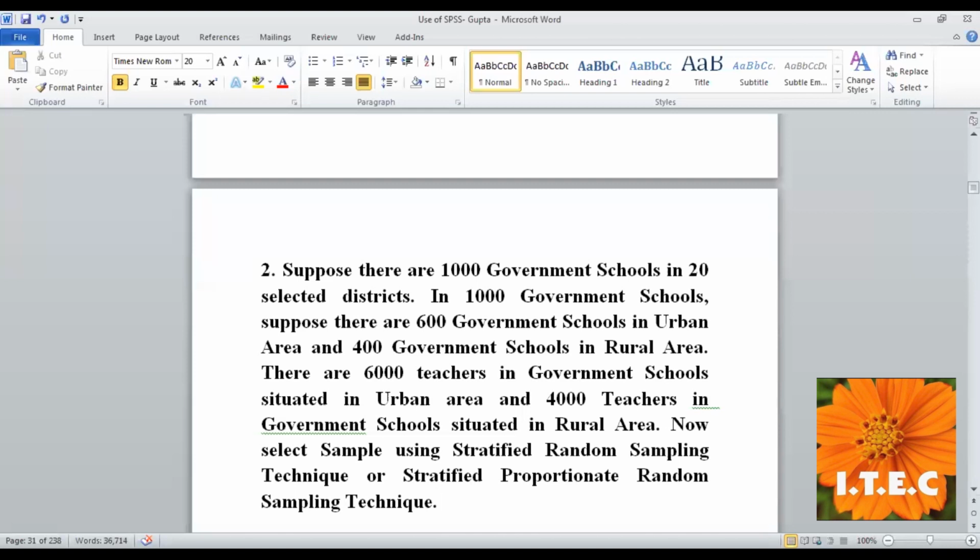So therefore now, by following the two stages, you are selecting your sample. This is what is called cluster sampling. So you have divided the state into districts, and from the districts you selected the schools, and from the schools you